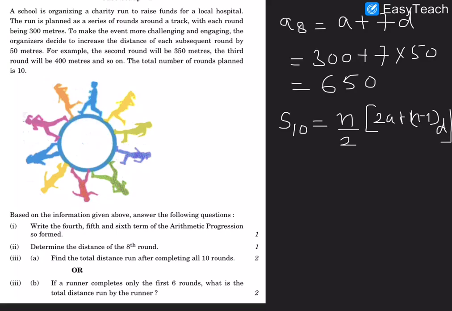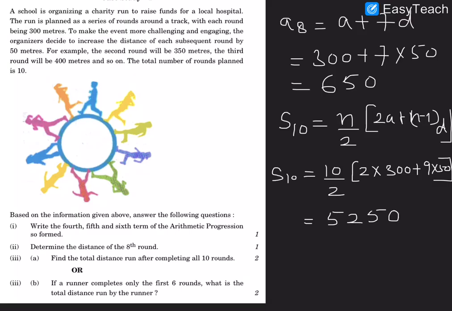You know the values. So 2 into 300 plus 9 into 50. When you solve it, it's going to come out